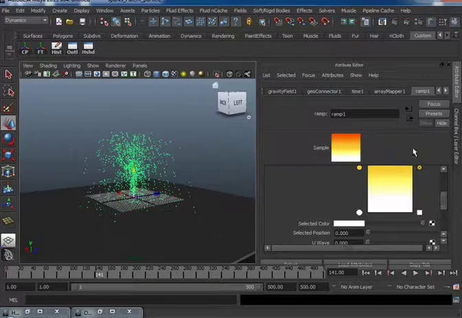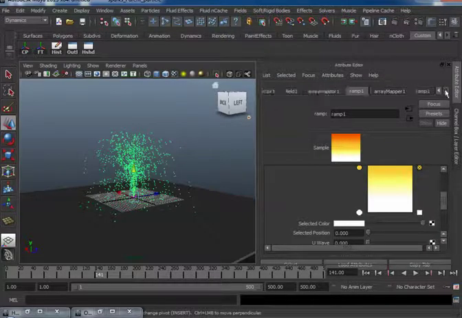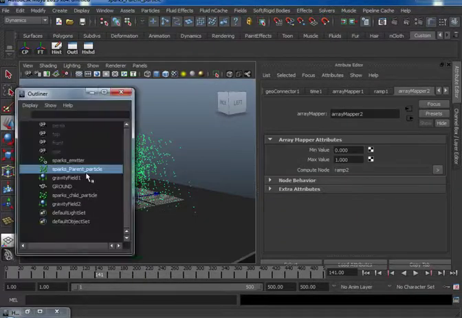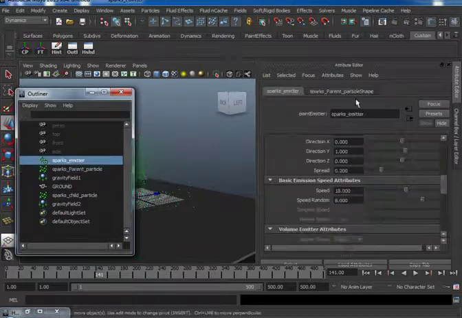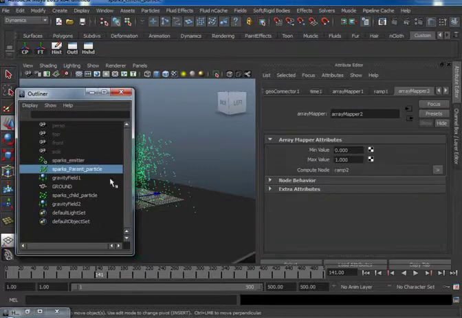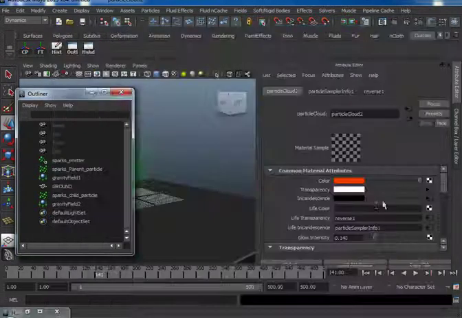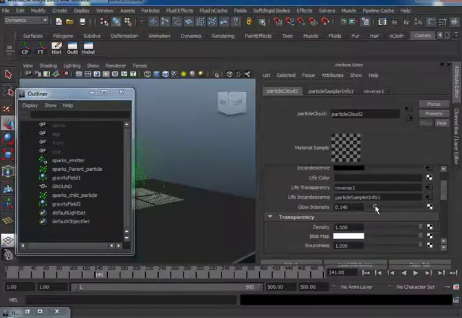I'm going back to the outliner. Let me select spark center. Shade. Let me select the particle information node. So here I am going to give a glow of about 0.2. Okay, 0.2, and then